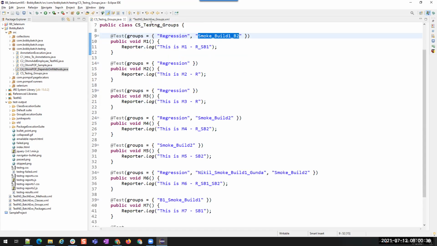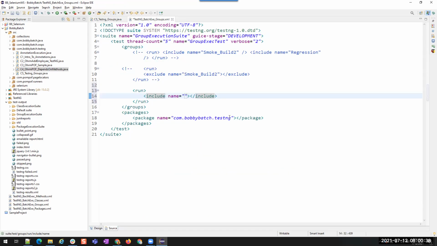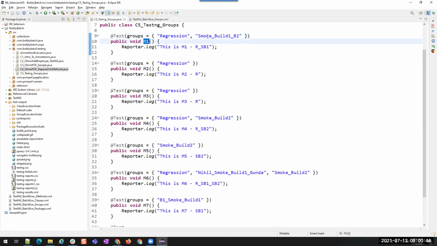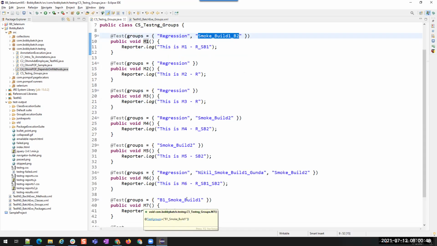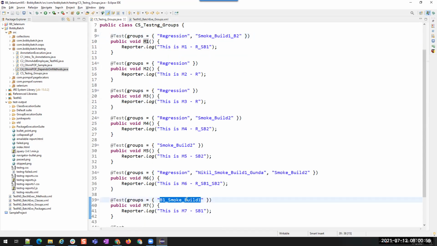This one. Okay. If I give this complete name, what will happen? This will execute only the M1 method. But smoke build one is also present for M7.